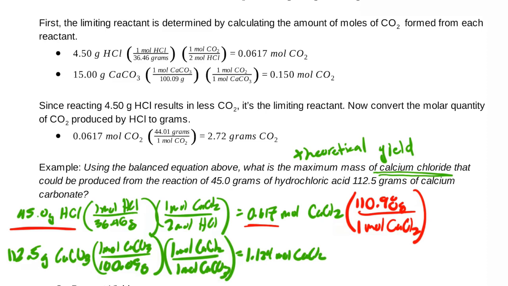Now I'm going to do out the math. And my theoretical yield is 68.5 grams of calcium chloride. So that is theoretical yield. I'm going to stop here, and then next time I'm going to pick up where we left off and use theoretical yield as a basis for talking about